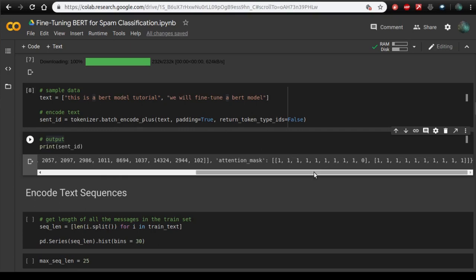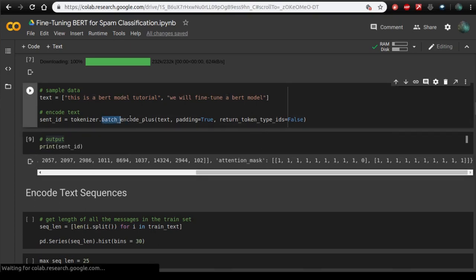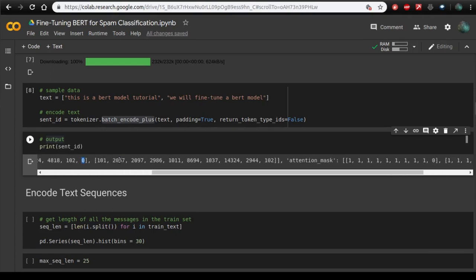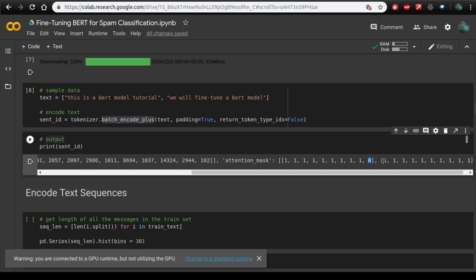Alright, so therefore this encoding not only converts your tokens into integers, but it will also take care of the padding. So this integer 0 over here represents the padding token, and the attention mask over here is 0. It is because it will tell the BERT model to not focus on this particular word, which is nothing but the pad token.